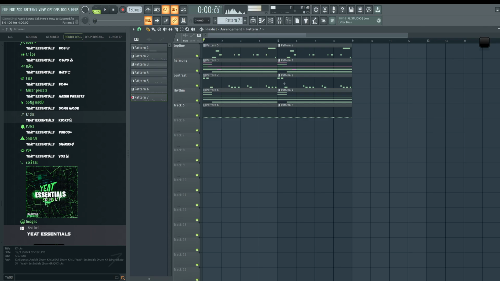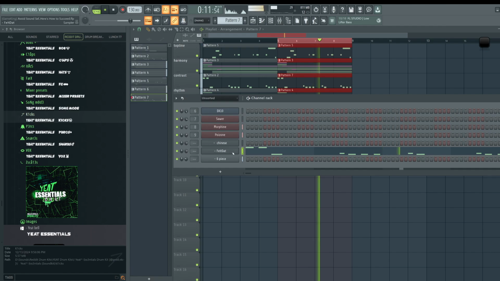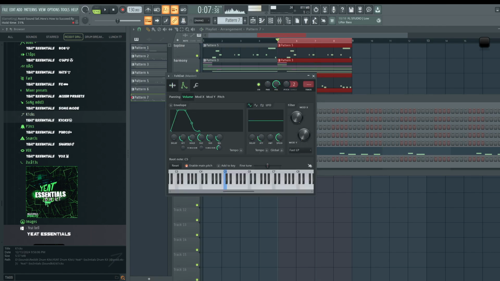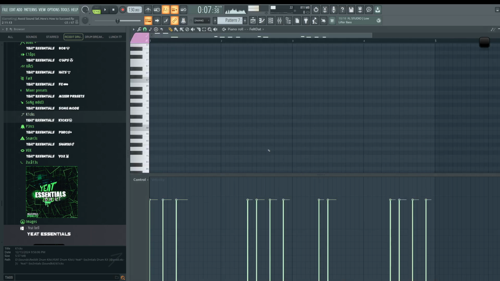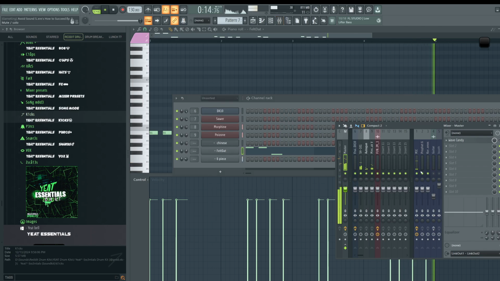So we're going to swap out the log drum for the 808. Not that this is a perfect swap, just showing you guys. Now what I would do for this genre is go to the envelope, turn the hold parameter up, and turn everything else down. And now we play it as if it were a bass synth. Let's pull this up a couple octaves, so it's nice and truncated.